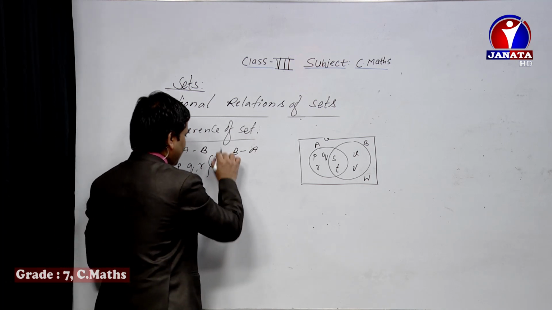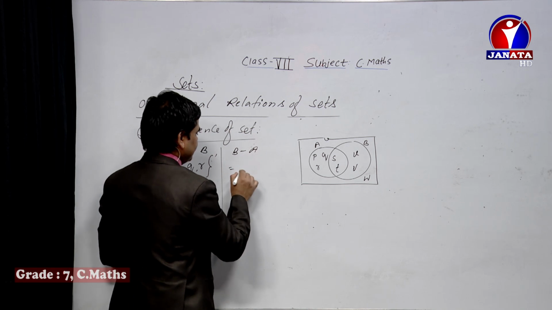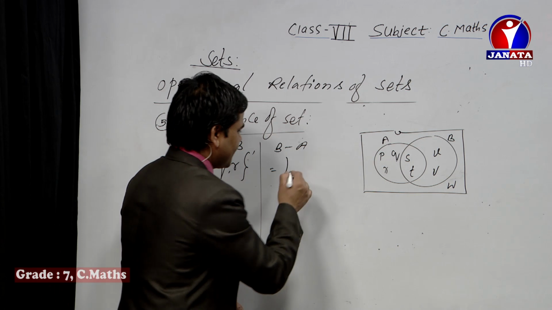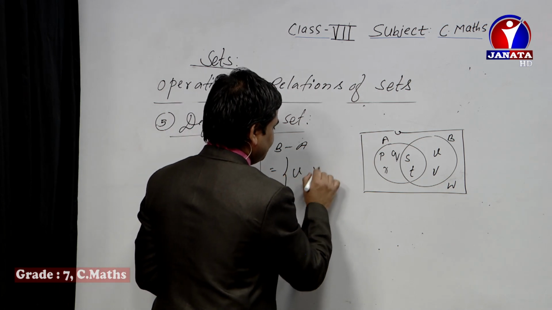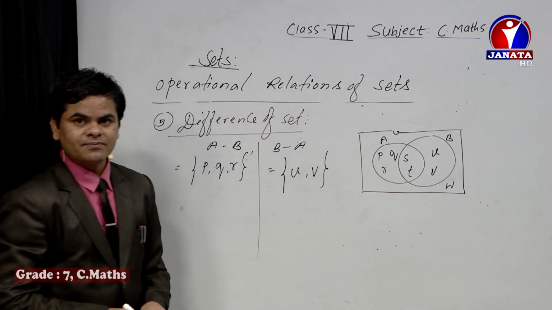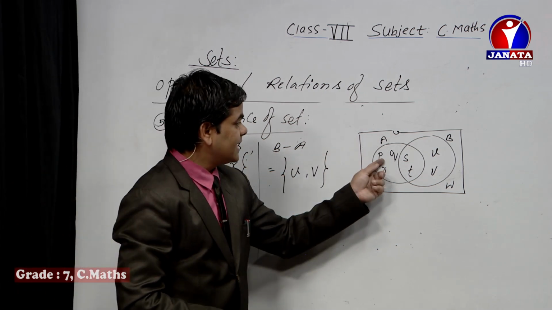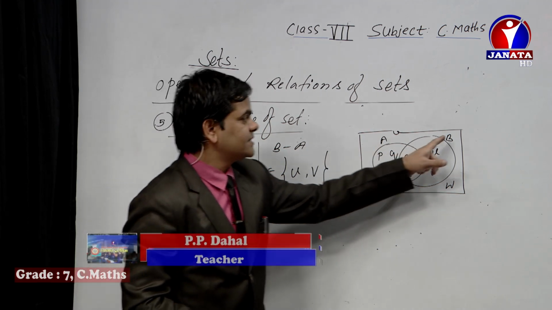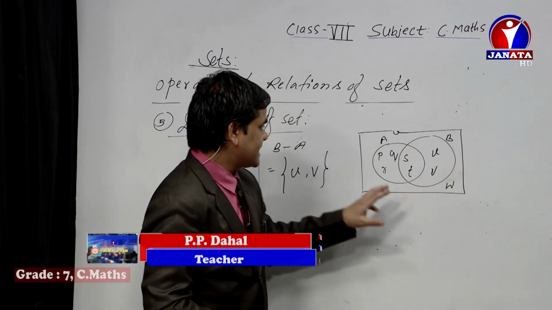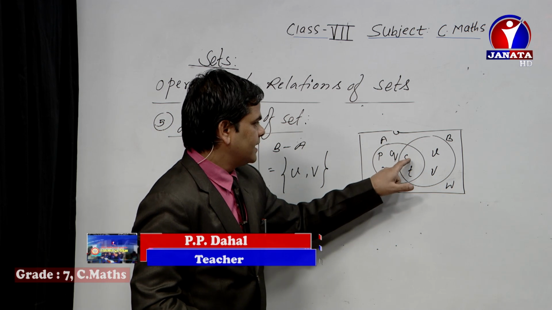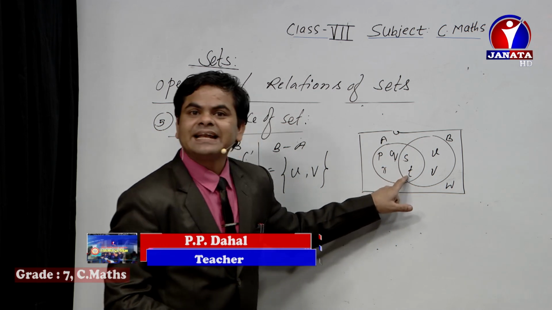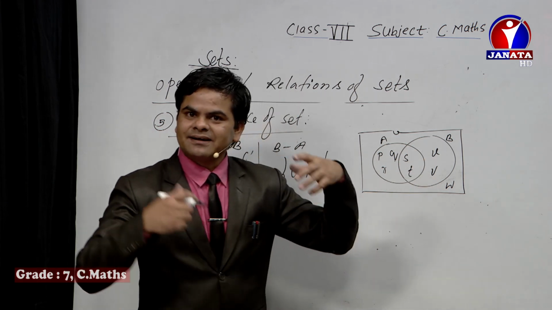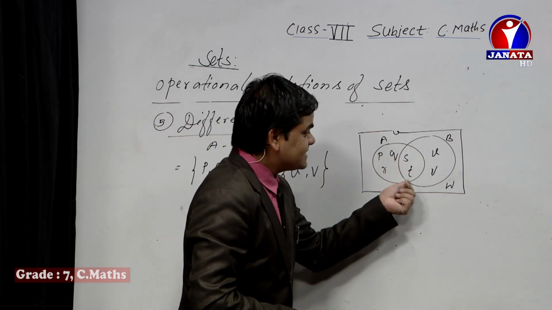Now similarly, if you have to take out B difference A, curly bracket, you have understood now, dear students, isn't it? So of course U and V, these are the only elements of B. Suppose these are people, and these are the people who like apple, and these are the people who like banana. P, Q, R, S, T, they like apple. S, T, U, V, they like banana. And S and T, if they